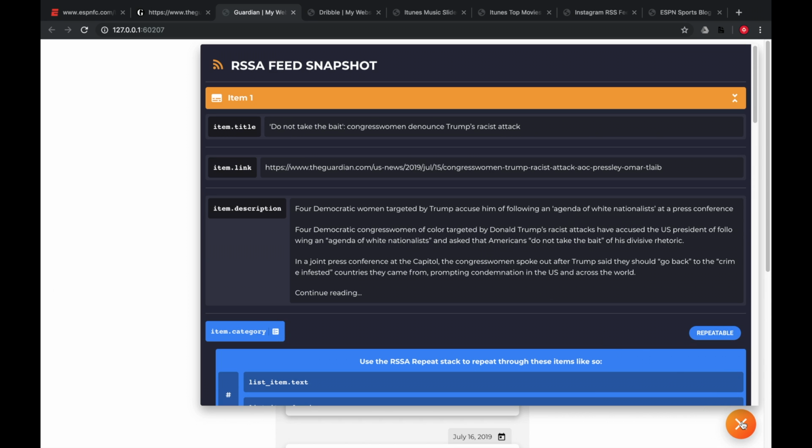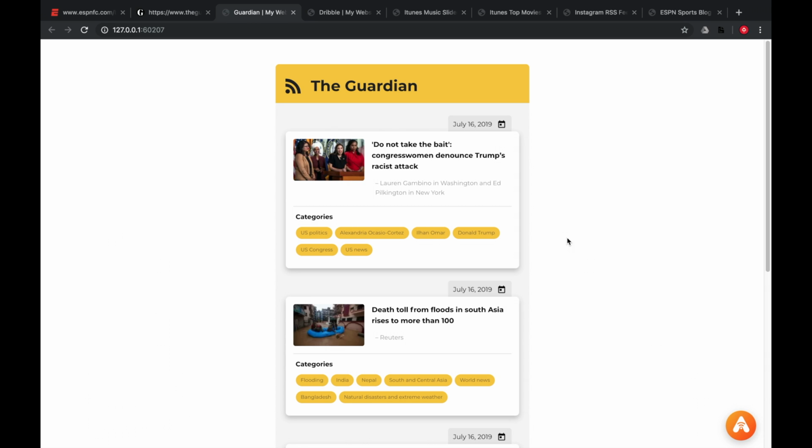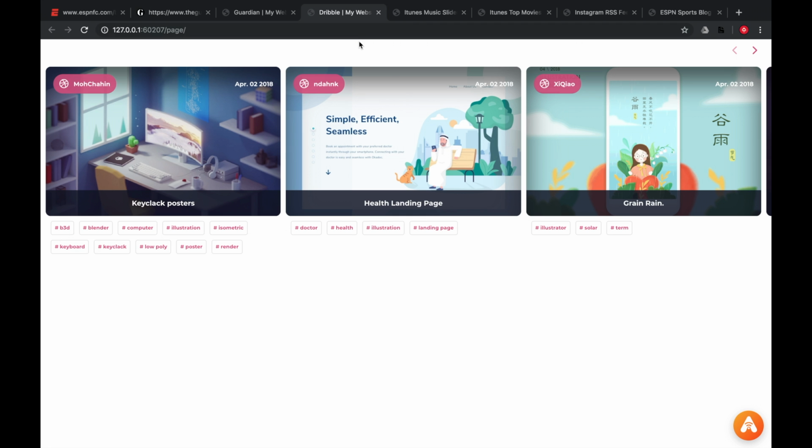So this is the RSS Architect feed snapshot that comes with it. This is the basic concept. Now I will show you guys a few more examples just so you can see what other things you can create from RSS Architect. So going to the next tab here, you'll see this time I have taken an RSS